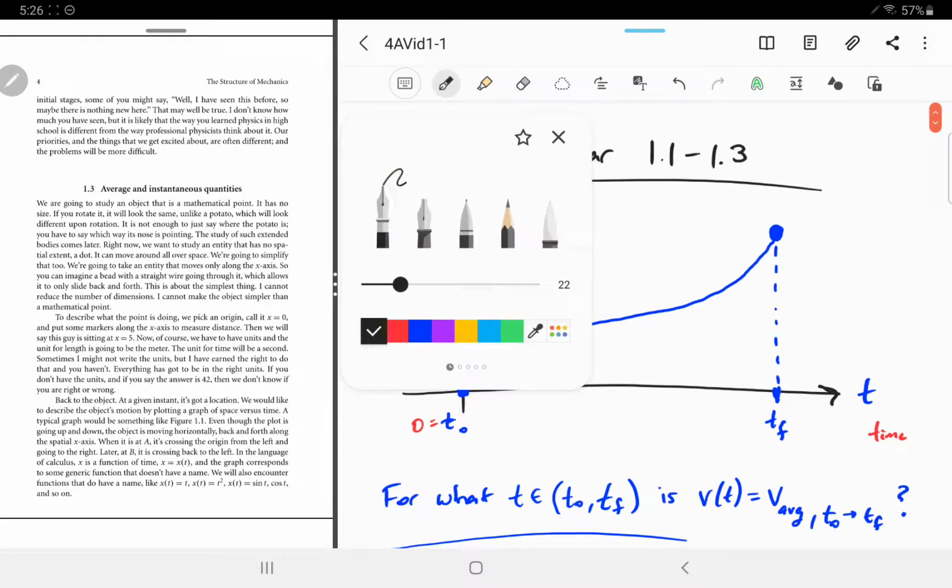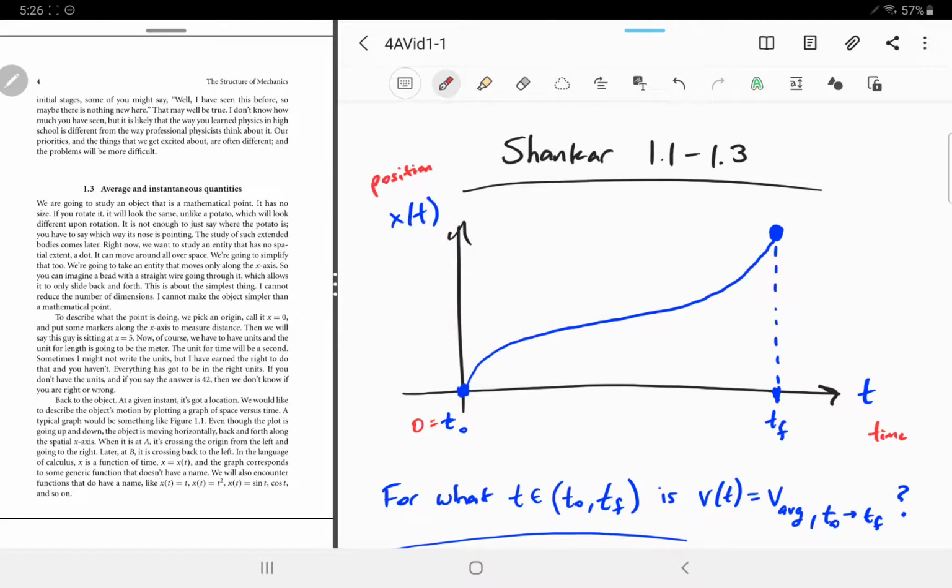So let's go up right here and talk about, so an interval has already been defined for us. We want to talk about from the initial time to the final time. So we use the subscript naught for initial quantities, and then we often use F for final quantities. Sometimes you'll see an I for this one, sometimes you'll see nothing for the final one. Okay, so the average velocity,